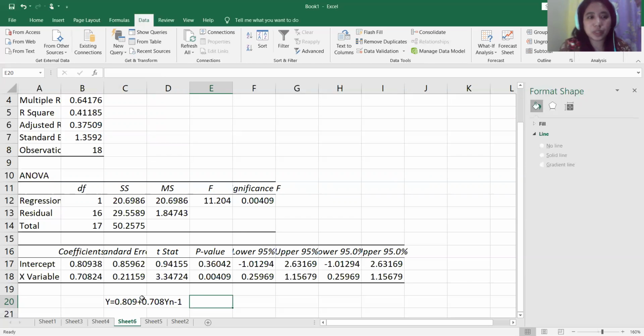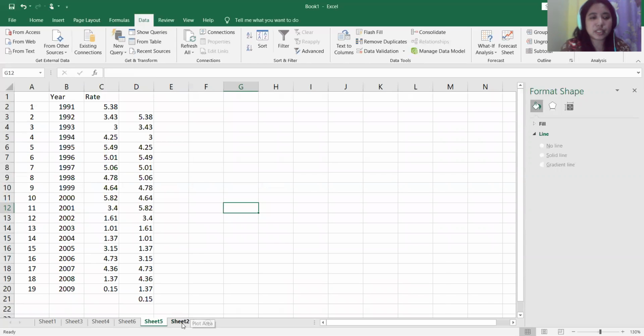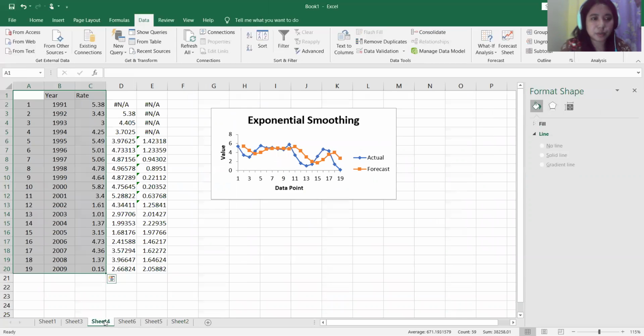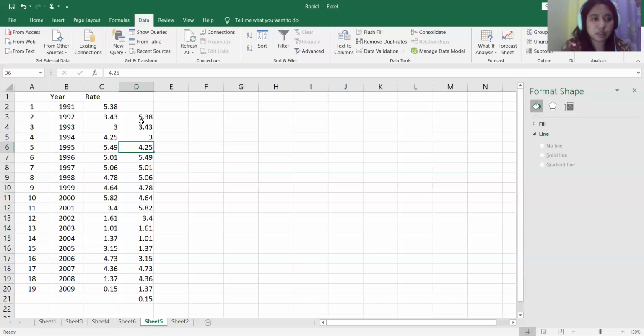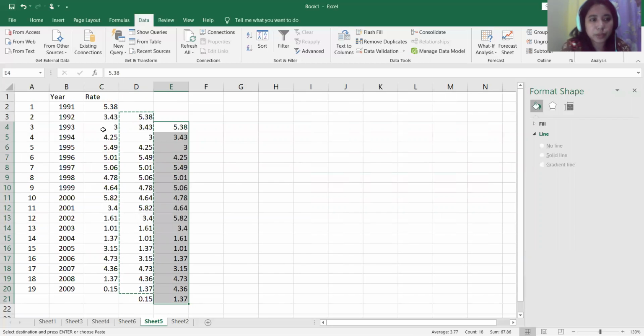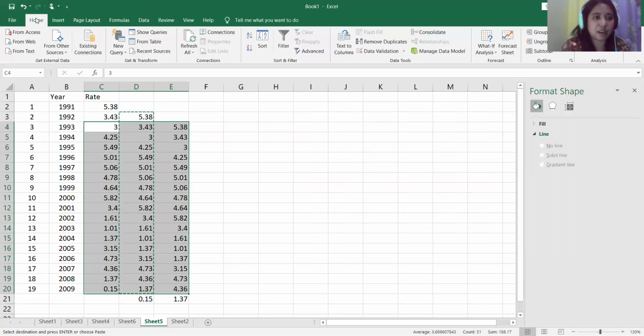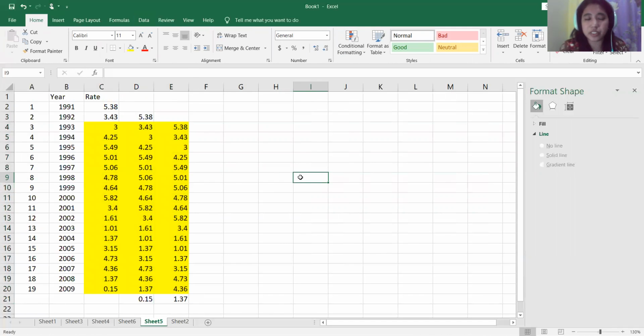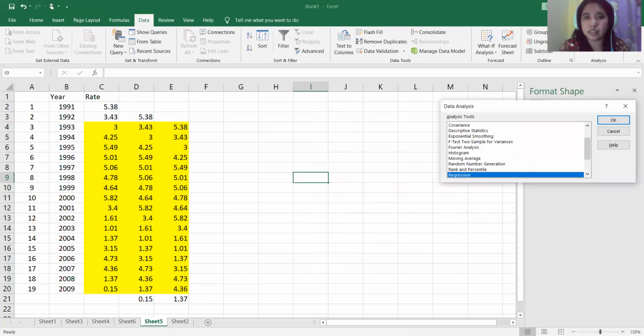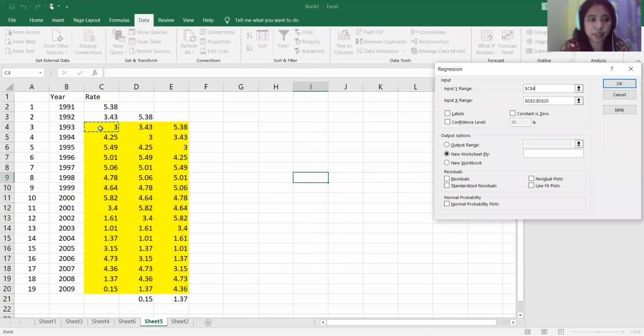Also, you can do the second autoregression by doing the same procedure in our data set. So where is that data? This one. So we are going to move this again in another data set. But what we can use is only this data. And then follow the procedure again in constructing the regression. So Data Analysis, and Regression. So this is the predicted value, and our X values correspond to this data, the two data, and click